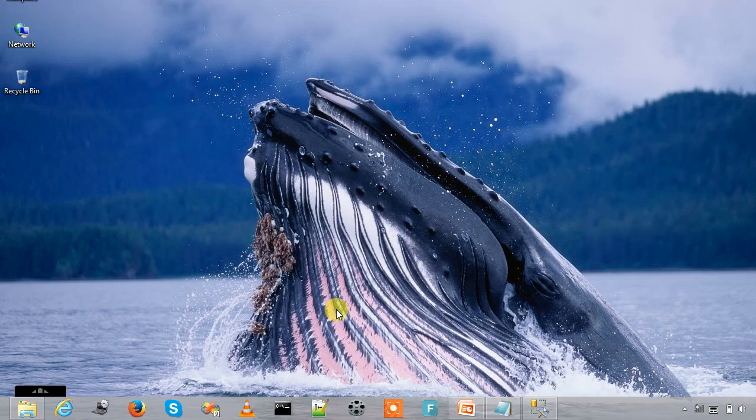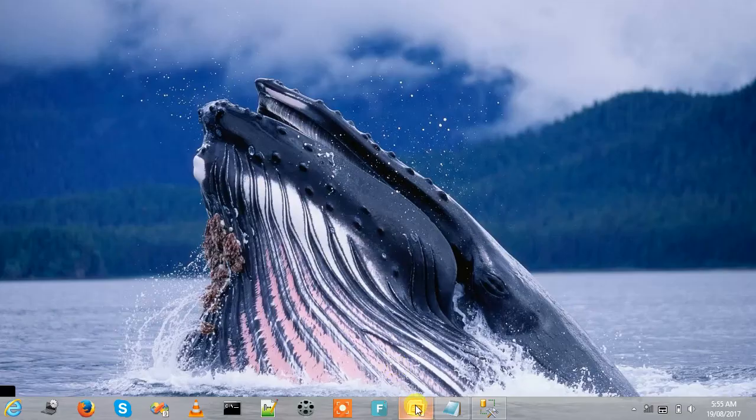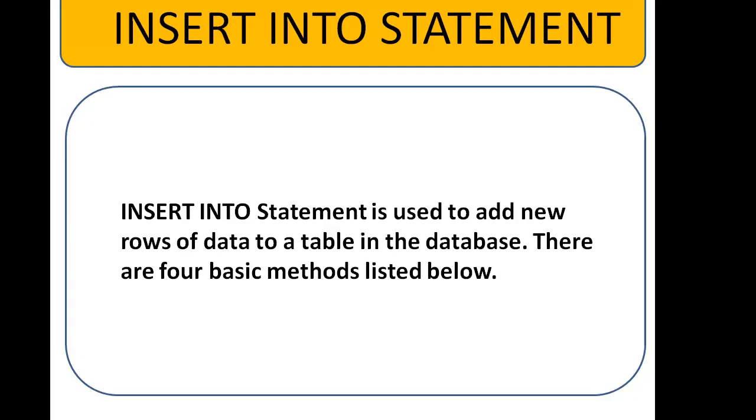In this session, we are going to see about the INSERT INTO statement in SQL Server. The INSERT INTO statement is used to add new rows, new records, or new data to a table in the database. If we want to insert data, rows, or records to a table, we can use the INSERT INTO statement. There are four basic methods available in SQL Server,